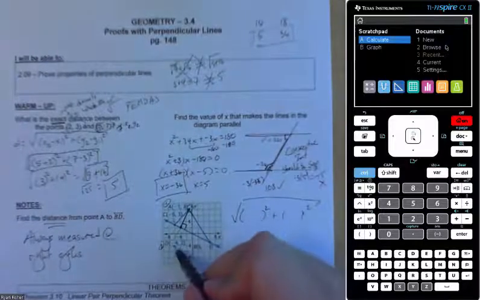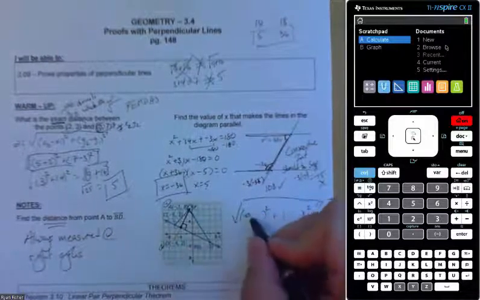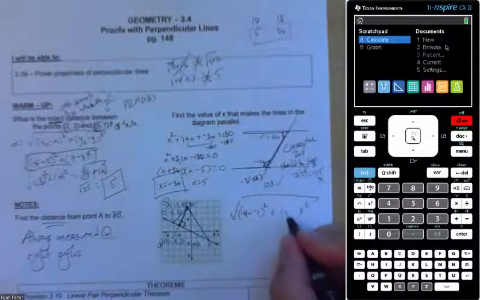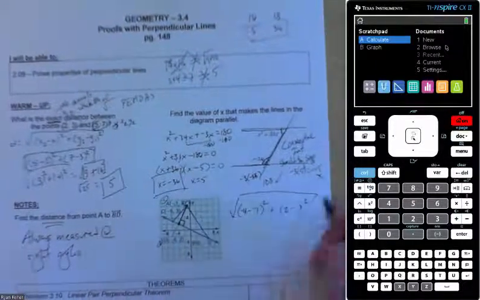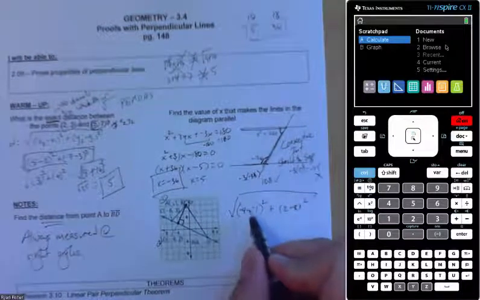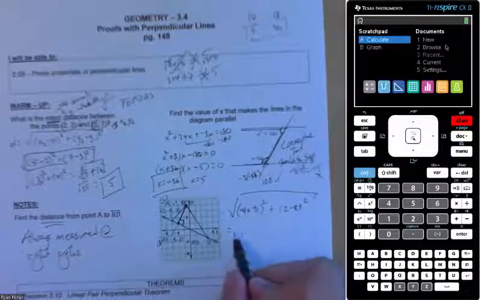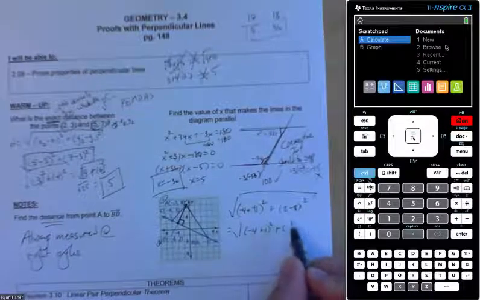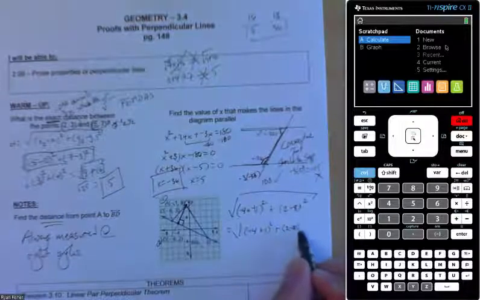So x2 minus x1, negative 4 minus negative 1, and y2 minus y1. That is the same as the square root of negative 4 plus 1 squared, plus 2 minus 8 squared,